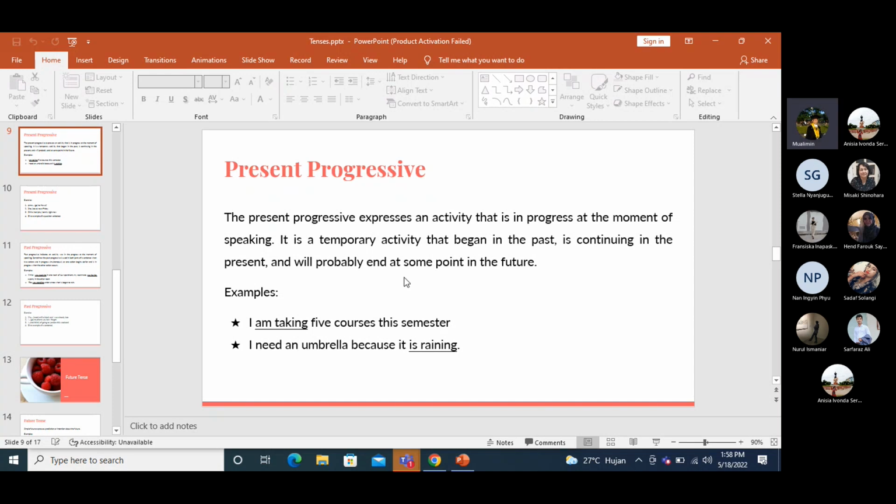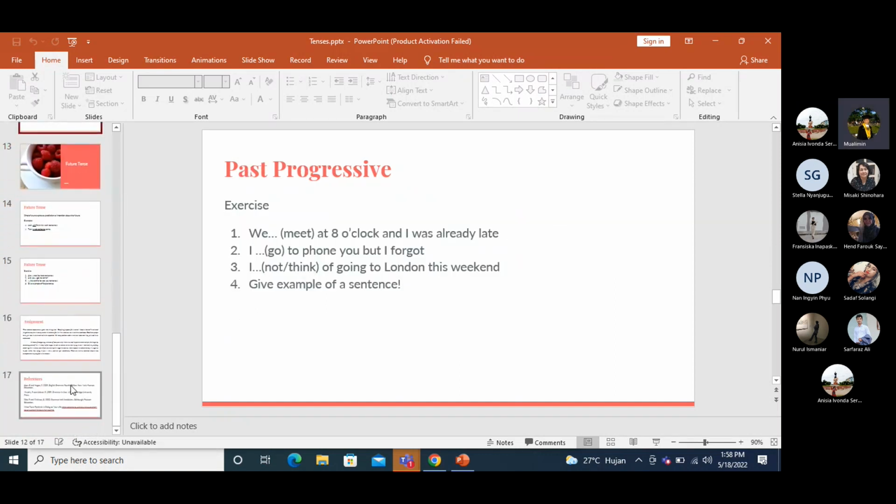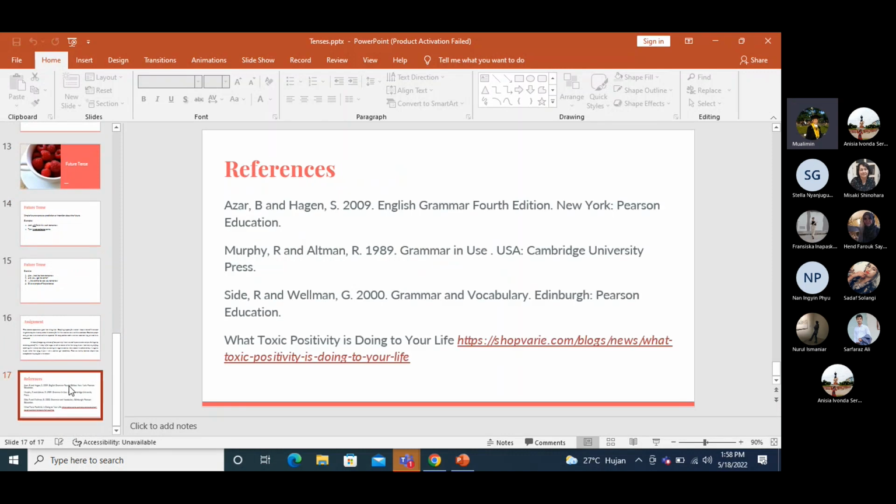At least the challenge is bigger if you want them to use two tenses in one sentence. I'll recite the example as well. Okay. That's one of my suggestions.